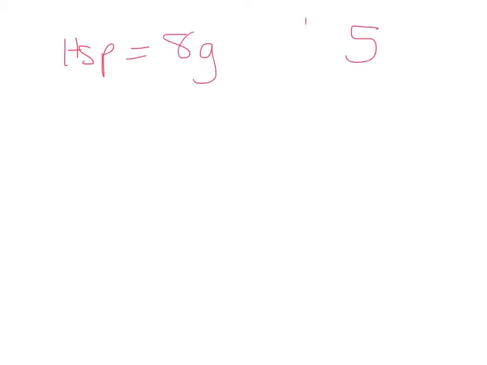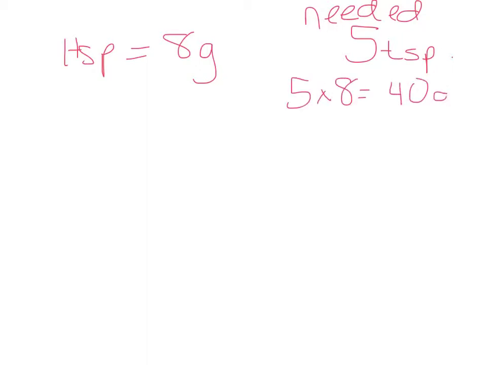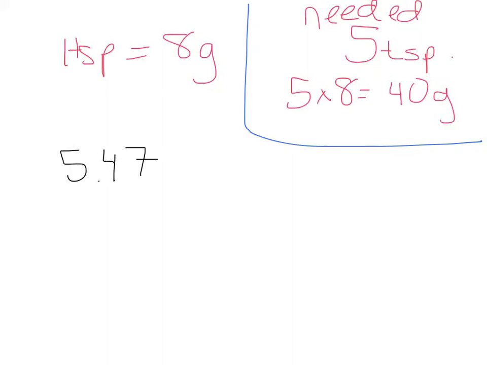And we needed 5 teaspoons. Which means we're going to need 5 times 8, 40 grams. So there's what I need. And we had our cost from before, which was $5.47 per 250 grams. So there's 2 ways to go about this. You can use your store number,